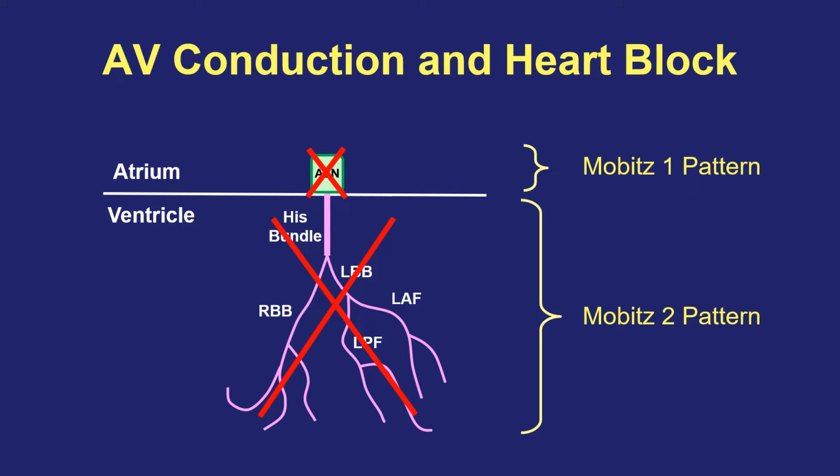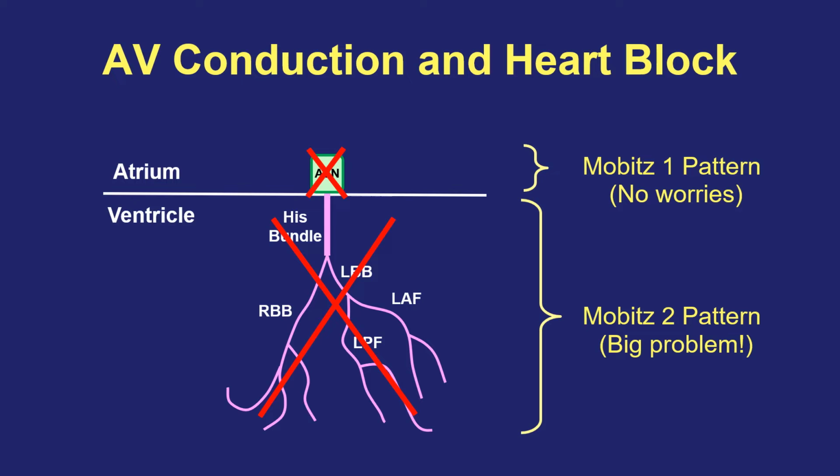And what is the clinical significance of each? If the AV node is failing, it typically does so in a very gradual, predictable way. And if complete heart block occurs at the level of the AV node, usually the His bundle immediately below can jump in and do the work as an escape rhythm, and the person does not have asystole or bradycardia that is too significant. In contrast, if somebody has disease in the His-Purkinje system, that can progress unpredictably and suddenly,